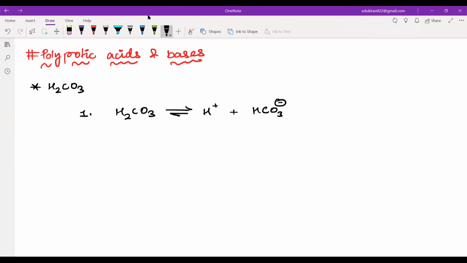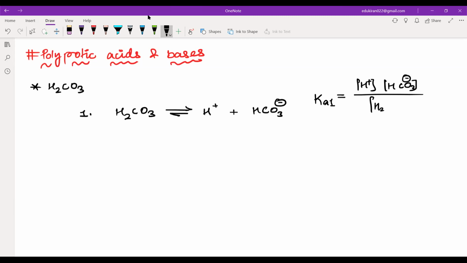Now, for this particular reaction, I can write a Ka. Let us call this Ka1 because this is the first dissociation that can happen in H2CO3. So in Ka1, we will have the concentration of H plus into the concentration of HCO3 negative